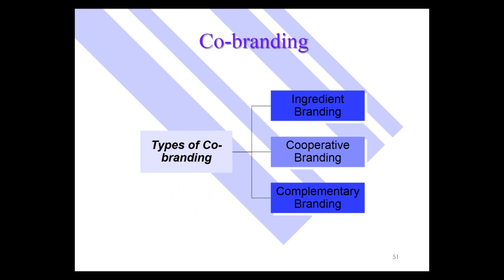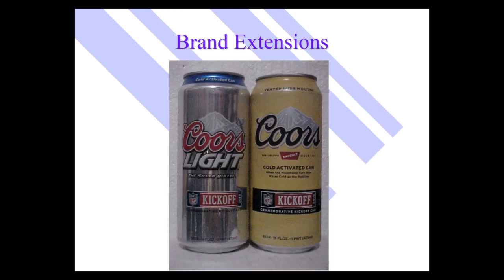A brand extension is when you take an existing brand and put it on a different type of product. But it's a little bit of a debate sometimes between, is this a brand extension or a line extension? For example, when Coors came out with Coors Light, was that just a line extension, another product in the same Coors line? Or was that a brand extension where they took the Coors brand and put it on a completely different product line? You know, it's such a closely related product line that it's kind of a waste of time to even have that debate.